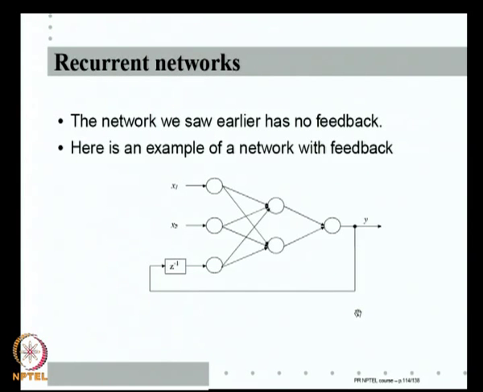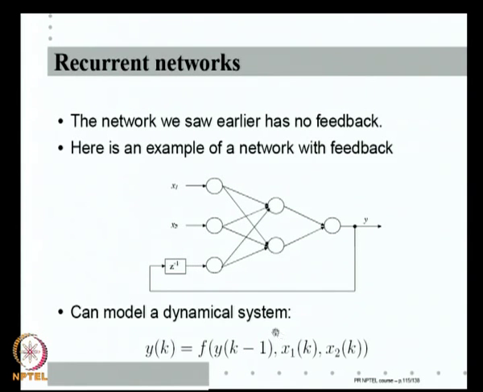So, for example, here is a simple network; the rest of it looks like the previous network. You consider the outputs going only in one direction, but the output of some unit can come back. We can think of this as using Z inverse as the usual unit time delay symbol. What it means is the output y at time k is some function, represented by the network, of some input x1(k), another input x2(k), and y(k-1). So, this can model a dynamical system. Many of these models are used for nonlinear dynamic system modeling also.